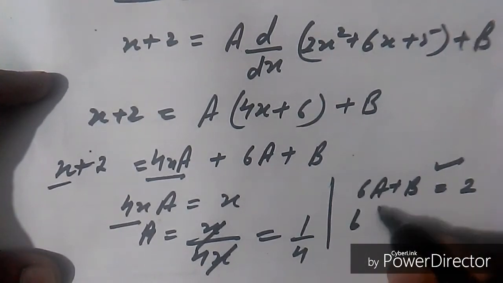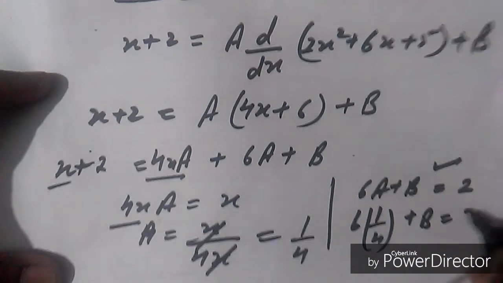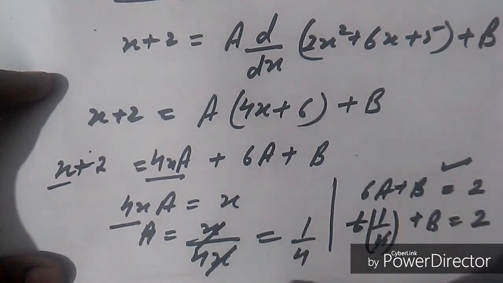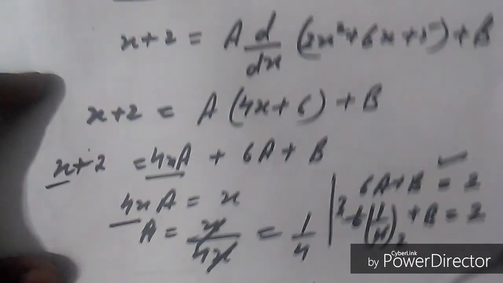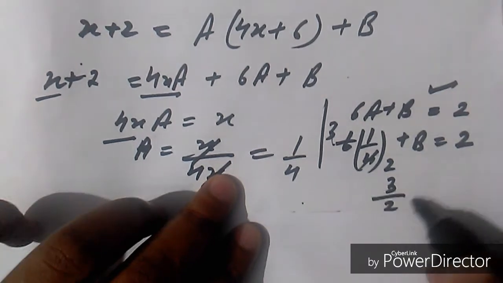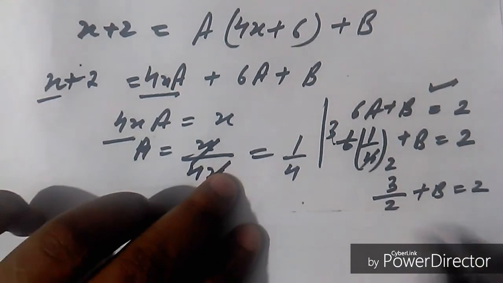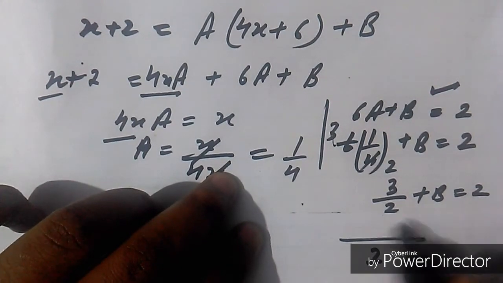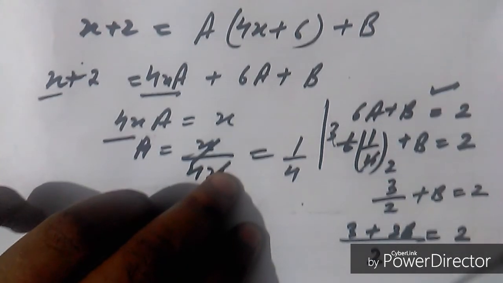Then 6 times 1 by 4, the value of a is 1 by 4, plus b is equal to 2, and we calculate it, that is 6 by 4, that is 3 by 2, plus b is equal to 2. Now we take the LCM, that is 2, 3 plus 2b is equal to 2 times 2,